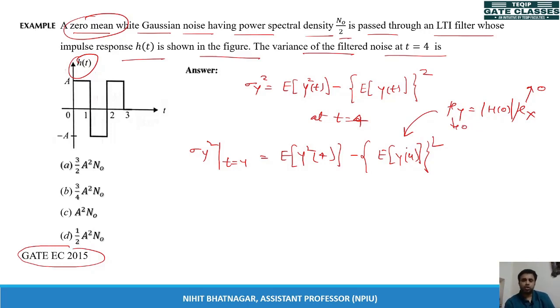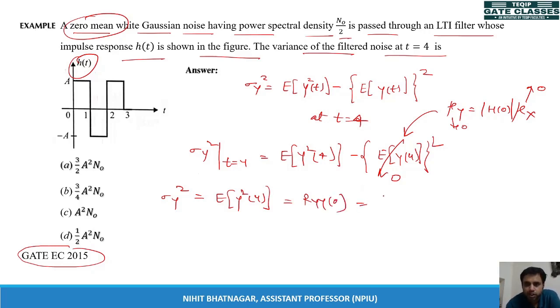Okay, so at t equal to 4, it's also equal to 0. So that's why this term is also 0. Okay, so it becomes expectation of y square 4 is equal to sigma y square, or you can say it is equal to R y of 0,